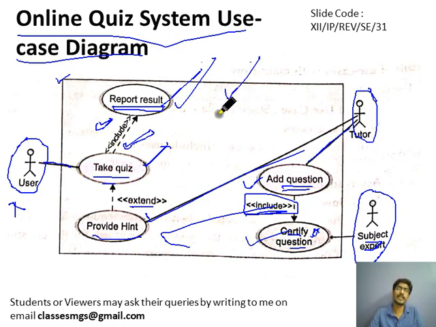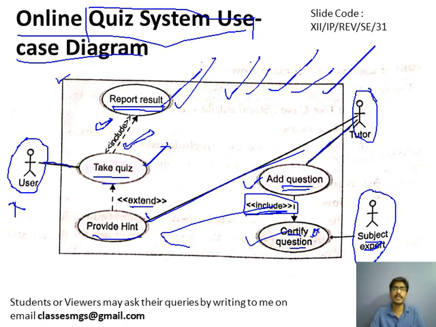Or the question may be asked that draw a use case diagram for the quiz system, or he will give the description that these are the system users, these are the functionalities, then you need to identify the actors and the use cases, draw the diagram, and identify the relationships: what can be include relationship, what can be exclude relationship. Or you may be given a diagram and asked to identify the actors, the use cases, the include relationships and the exclude relationships. Both ways the question can be asked, and you can answer very easily if you know these concepts in a better way.